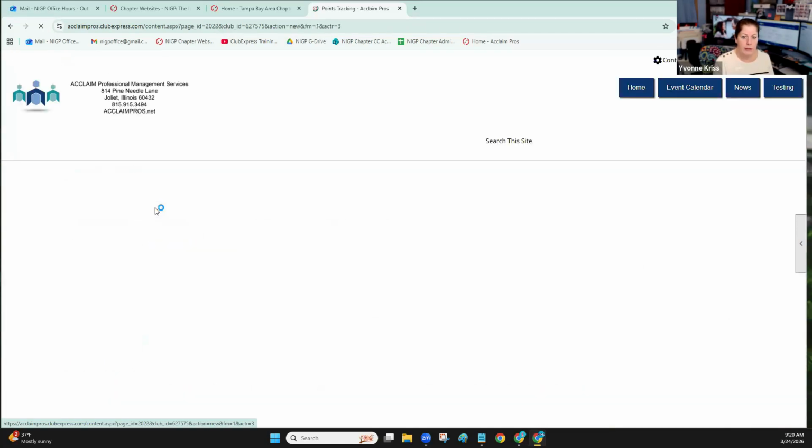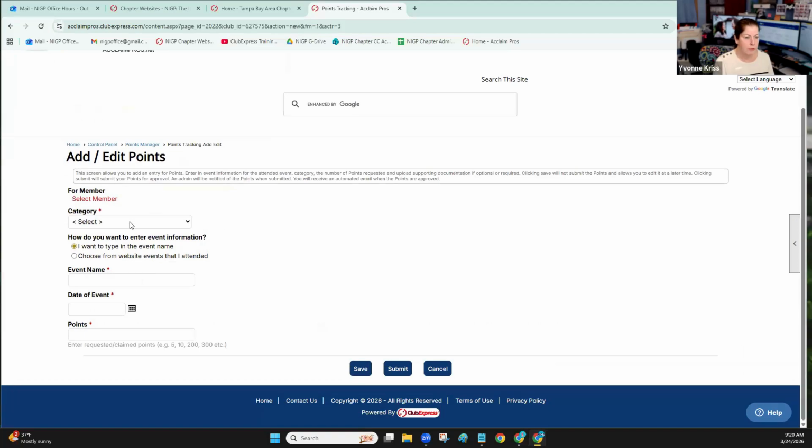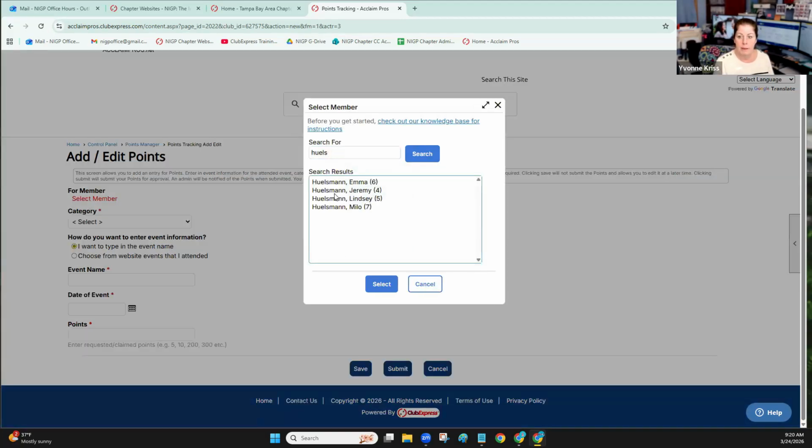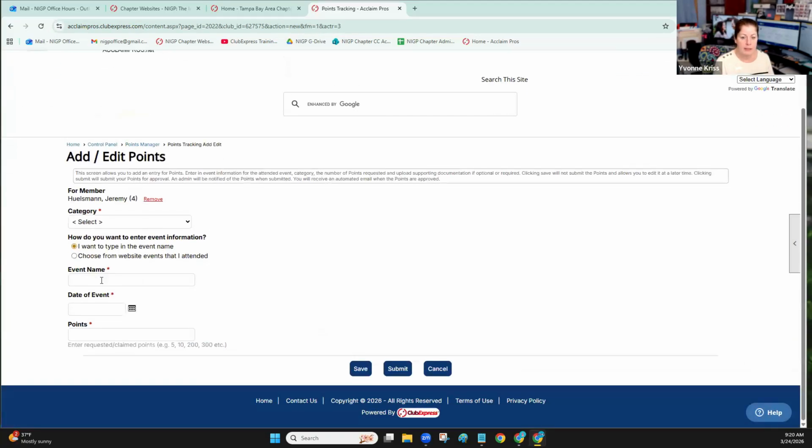So I'm going to go to add points, and I'm sure for people who are using this module, you've seen this before. This is where, if it were for an event, you would choose the event, but I'm not going to choose the event. I'm going to select the member first. And then I'm going to type in the event. This is not a real event, so I'm going to put March 2026